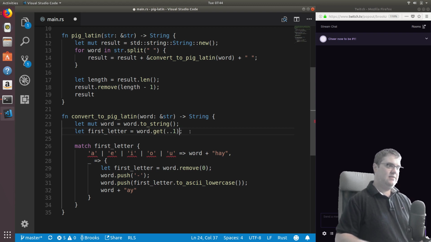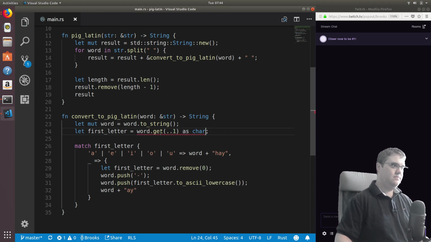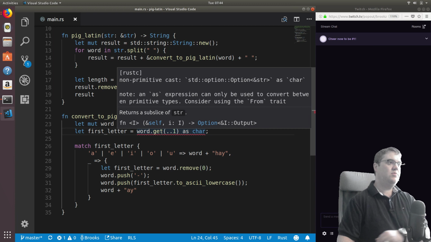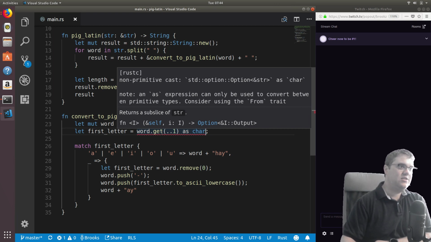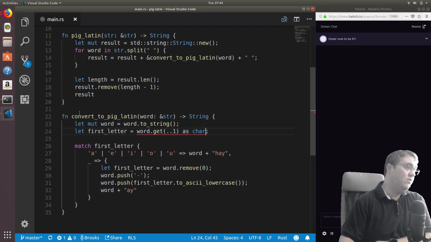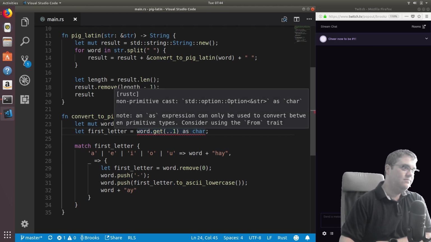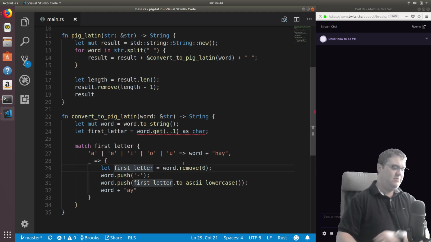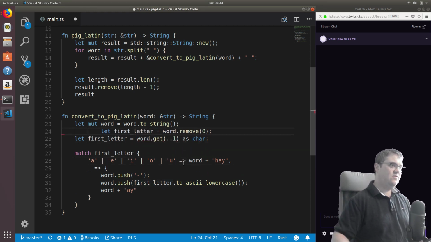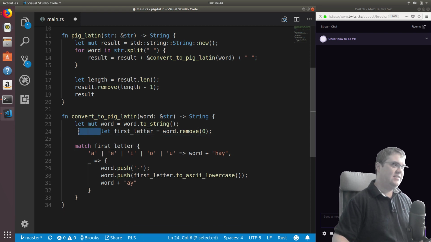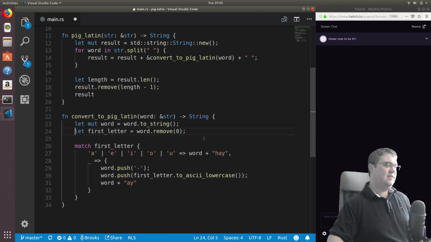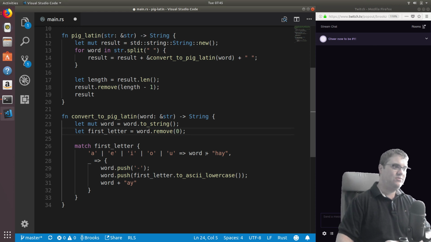Can I then convert that to an as char? Non-primitive cast. Note an as expression can only be used to convert between primitive types. Consider using the from trait. So no, I cannot. So I'm thinking maybe actually we put in this first letter here. We just go ahead and remove it, and we just put it back if necessary. And it is this big O of n, so it's not necessarily the best way to do it, but I